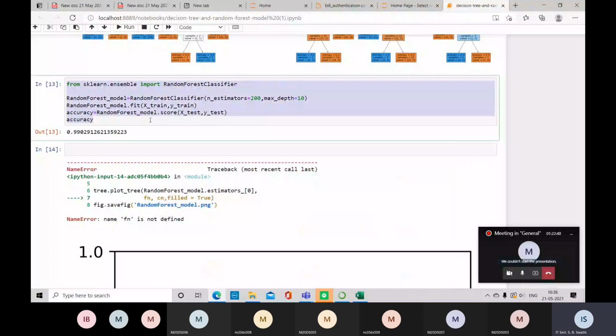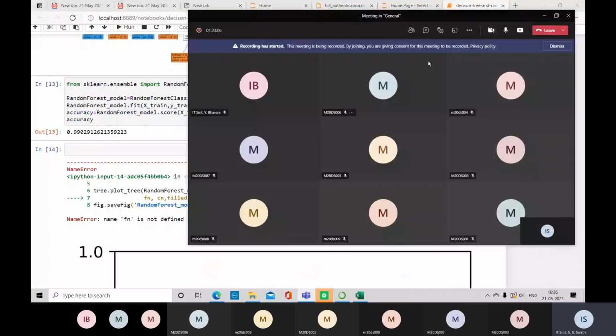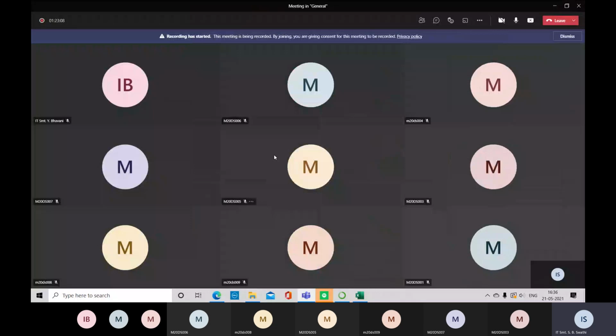You have to copy paste this. Check with the train and test data, check whether you have used the same variables or not. Check with this and find out the accuracy for that program. So this is a task for you. For the next lab, you have to tell me what accuracy you have got.